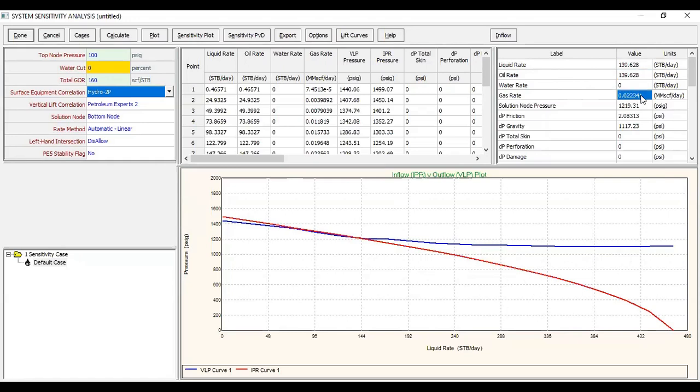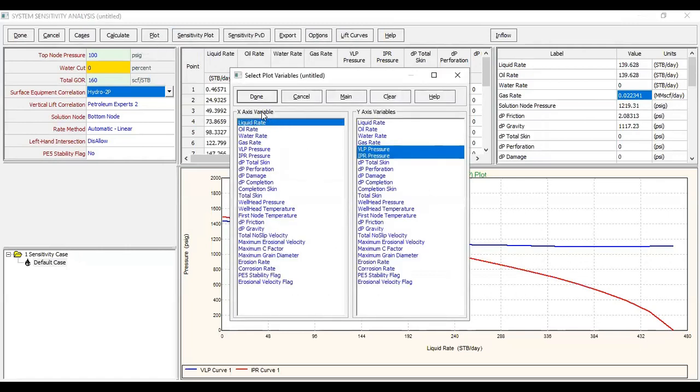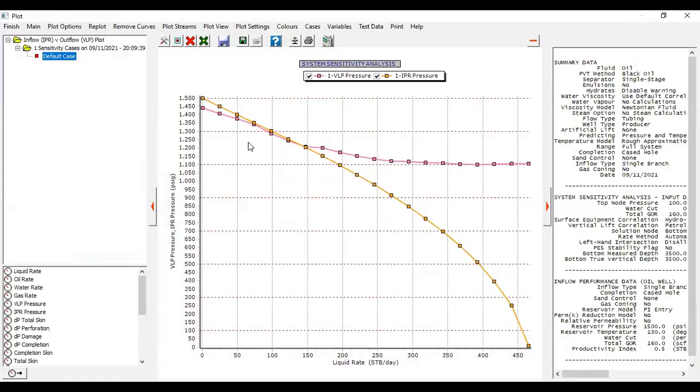And this is the gas rate, calculated using the total GOR. You can also plot, system plot, plot all cases, liquid rate for the x-axis and the y-axis to show the VLP and IPR. Done. This is the same plot, indicating the intersection between VLP and IPR. So now we can produce the well.